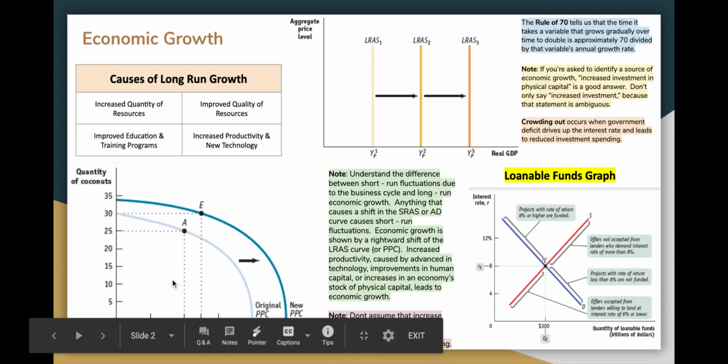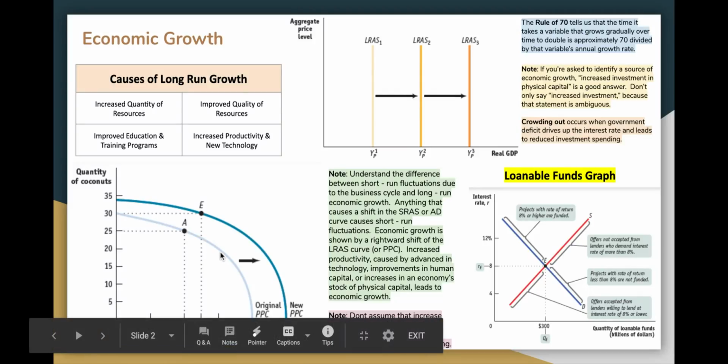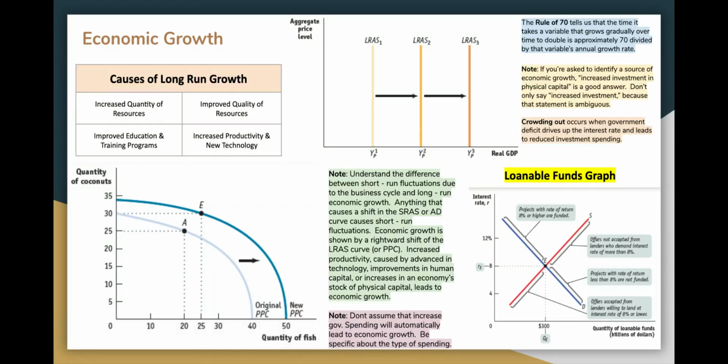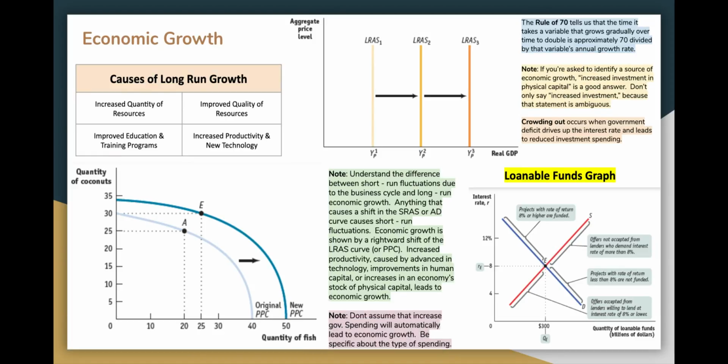What you need to know, and the biggest mistake that kids make, is let's say your economy was performing where I have my mouse, which is probably in a recession. If I go from here and something happens where now I'm here, that is not considered economic growth. That's called meeting your potential. Congratulations, you're in macroeconomic equilibrium. That is not economic growth. Economic growth needs to be one of these big categories, okay? So make sure that you have an understanding with that, okay?